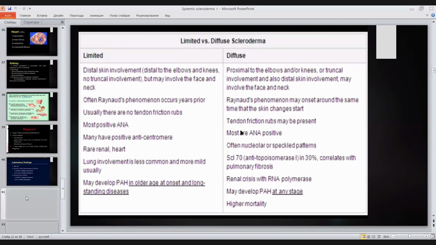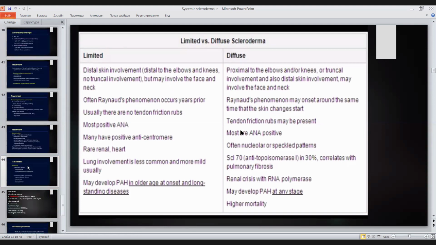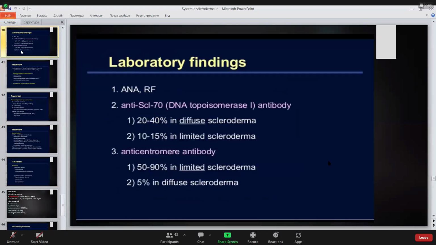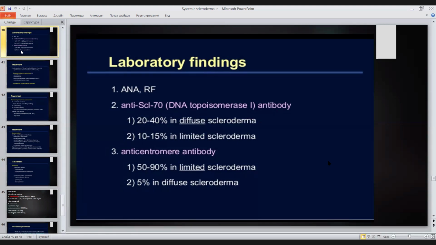After you diagnose a patient with systemic scleroderma, you should start treatment. How will you treat a patient with systemic scleroderma? Sorry, laboratory tests, you already understand what you should check. It's only about the specific ones. Again, I repeat, don't forget to check routine tests: common blood analysis, common urine analysis, liver function, kidney function. These are all tests you should check in a patient with autoimmune disease. About imaging tests, on X-ray you can find calcinosis, ECG if you think about heart